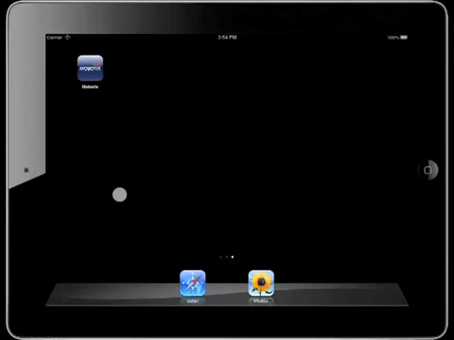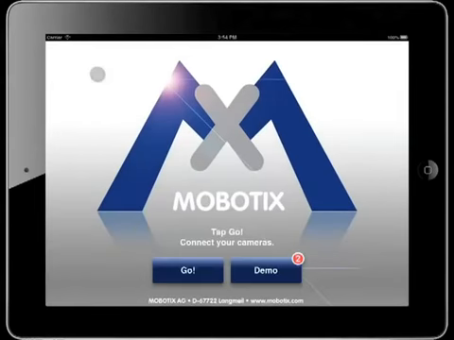Let's start with an overview of the app. As usual, the app has to be downloaded and installed from the App Store. With the first start after the installation, the software automatically searches for cameras in the reachable networks. In this case, we are connected to a wireless LAN with our iPhone or iPad, and the app finds directly